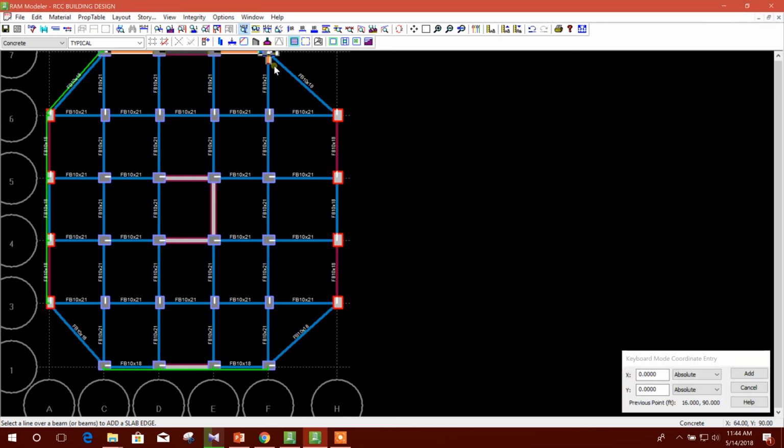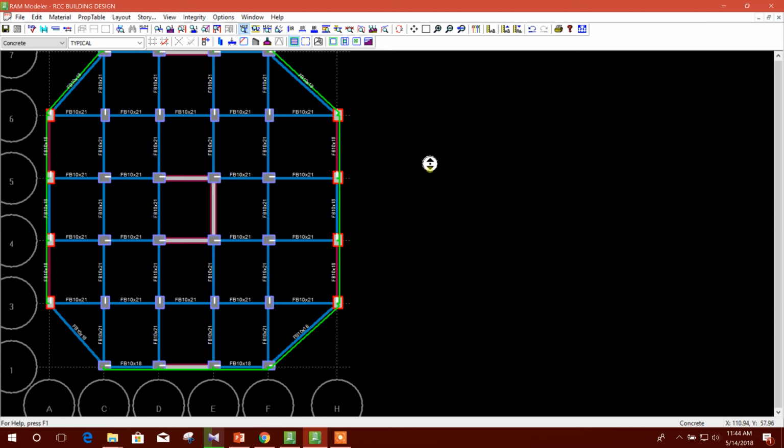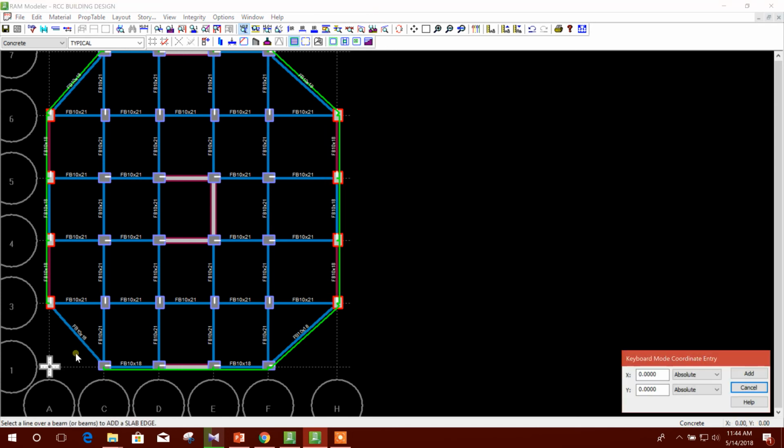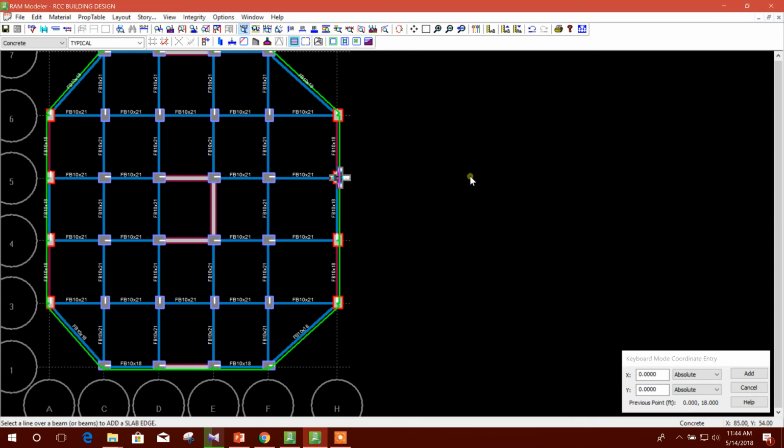Add from here to here, then here to here, here to here, and here to here. Okay, done. Now our slab is completed. Here one balance, add one side this. Okay,